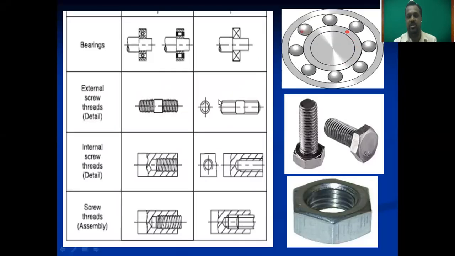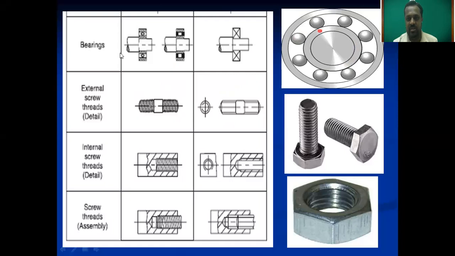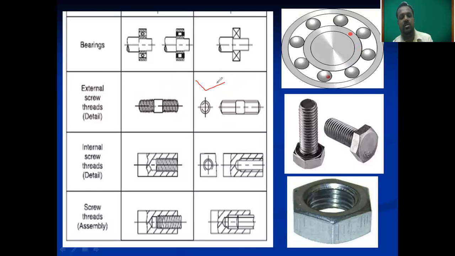See, this is the conventional representation. So this is the conventional representation for the external thread. How to remember this convention? There is one simple trick. For the thread we have two circles in this symbol. See, this is circle one, and again inside there is one circle. Both two circles are there. Then how to remember this convention for the external?